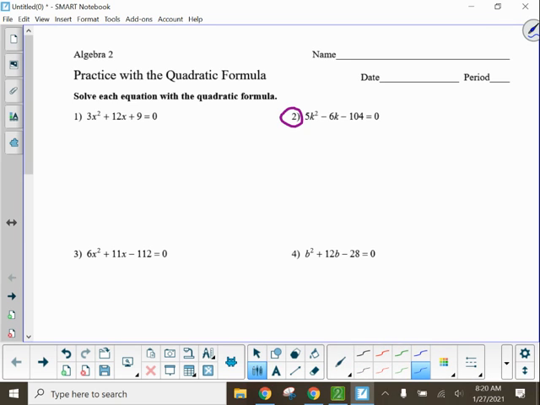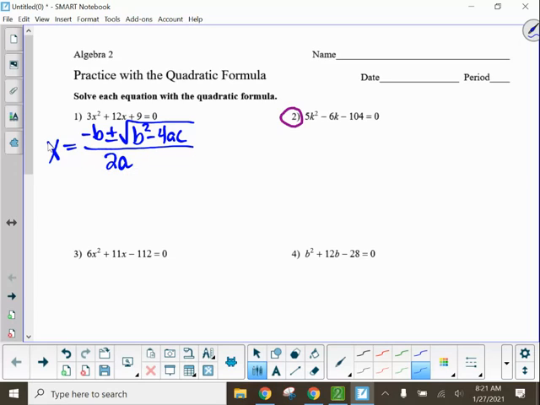This is your refresher video on the quadratic formula in order for you to be successful in completing your practice with the quadratic formula worksheet. So the quadratic formula is x equals, or whatever variable. So we're going to do number 2, so that one would be k equals, because there's k's instead of x's. Negative b plus or minus the square root of b squared minus 4 times a times c all over